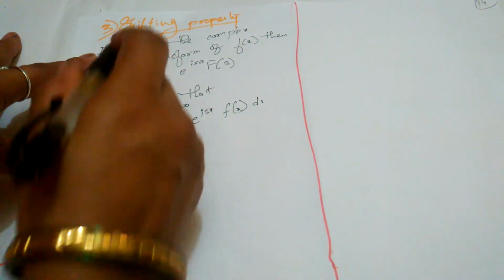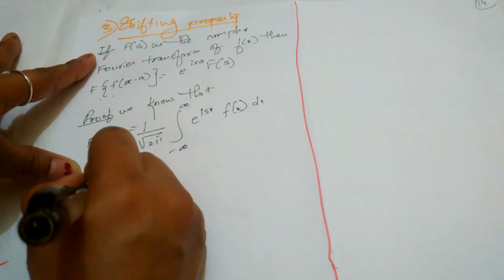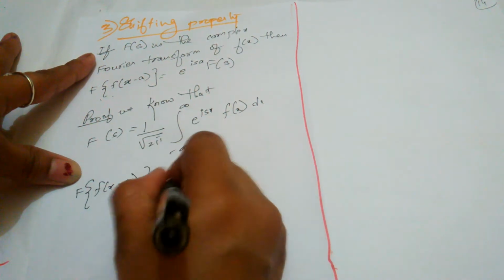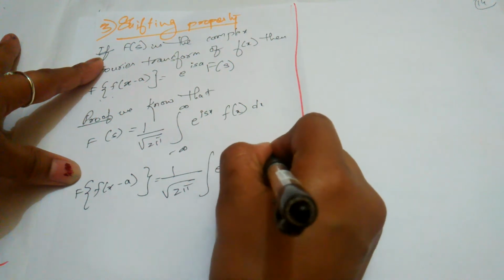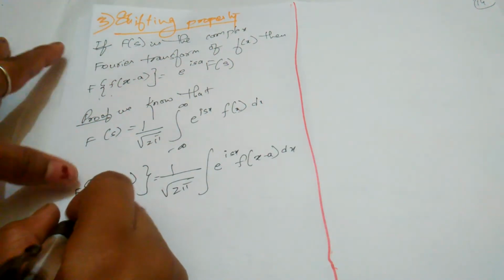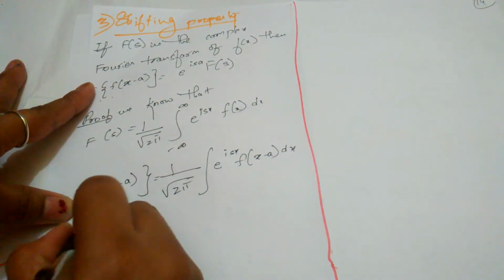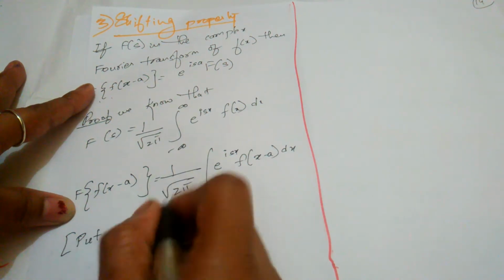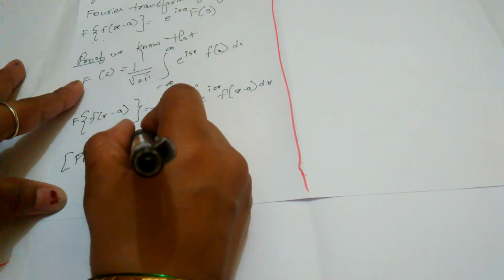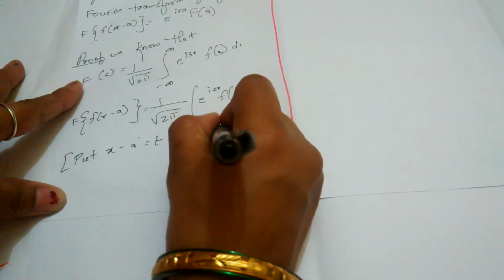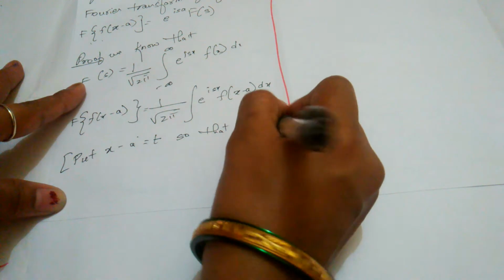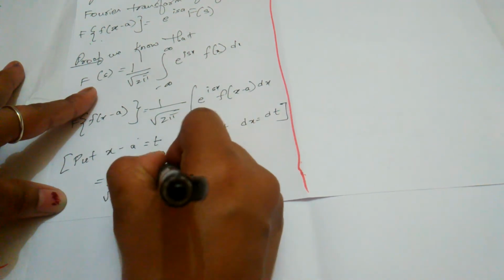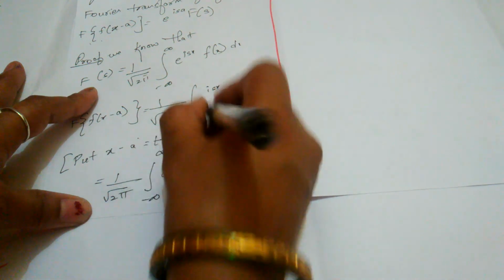Now what I'll do? I'll take the LHS. So F of f of x minus a, which is equal to 1 upon square root of 2 pi integral e raised to i s x f of x minus a into dx. Again same thing like the previous one, but in this case what I will do is put x minus a equal to t, so that dx is equal to dt. Okay, so what will happen? 1 upon square root of 2 pi integral from minus infinity to infinity e raised to i s, so x is there, so x will